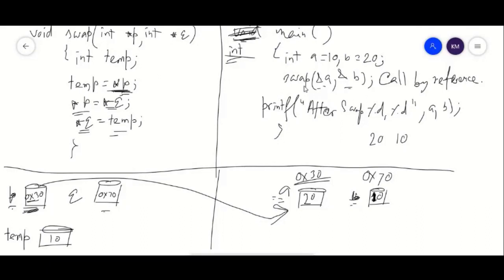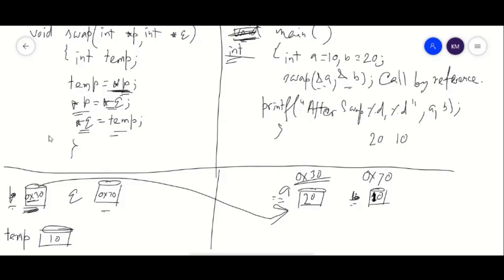Suppose here we are dealing with two values. So that's why there is no way of returning two values at the same time other than array, pointer and something like that. But if we work with a single value, if I'm changing the value of that particular variable in a function, and I am using reference, there is no need to return the new or updated value. Automatically, the updated value will be available in the main function or main part. But if I'm using call by value, in that case, I have to write one return statement.